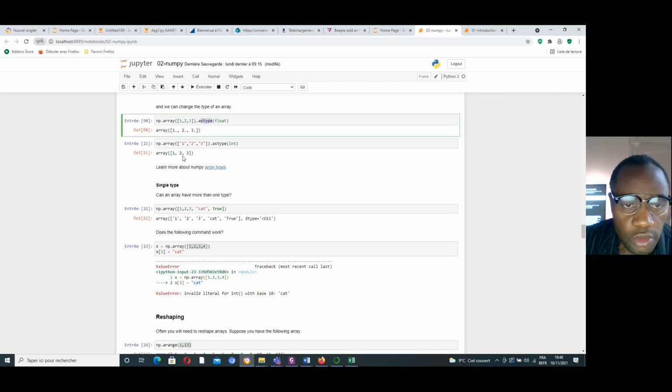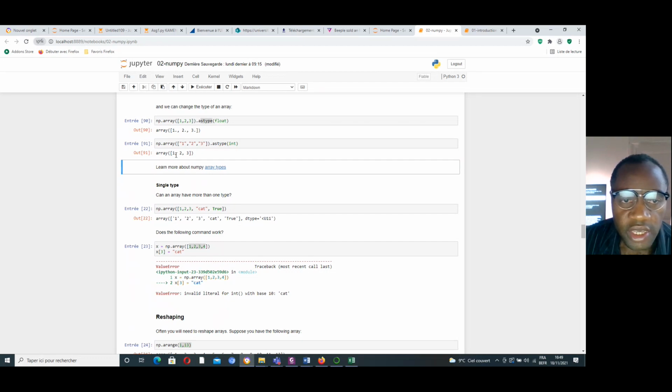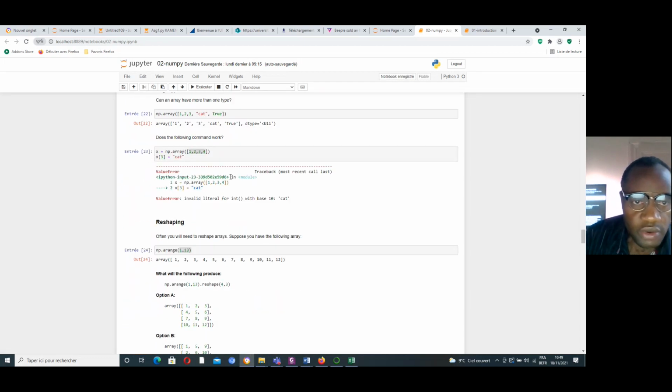But here we have a string. The type of this list is string. We need to transform this list to integer just to apply this function. And when I run it, I get the string. Okay, great. Let's go ahead.